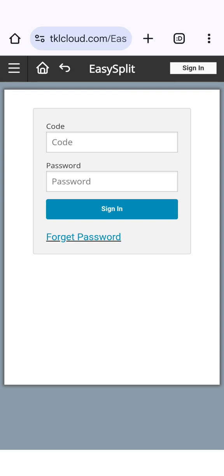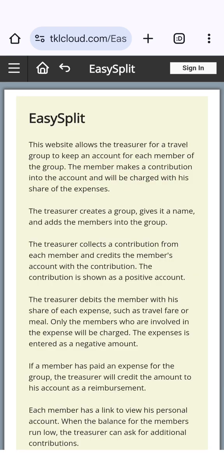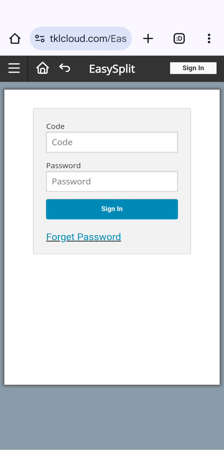to the platform, and if you click on the home button, you can see the explanation of how Easysplit is operated. So it's given down here. It's operated over here, and you can read the explanation slowly. And if you come to this return button, you will come to